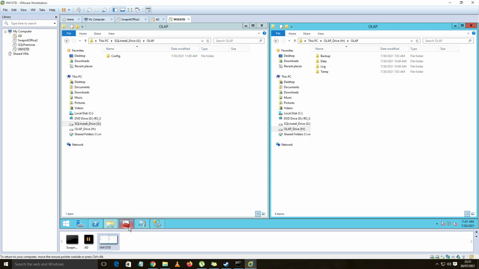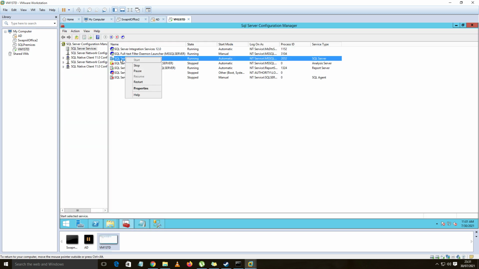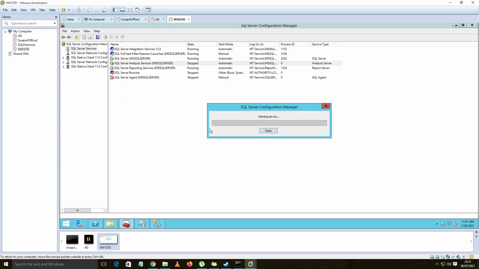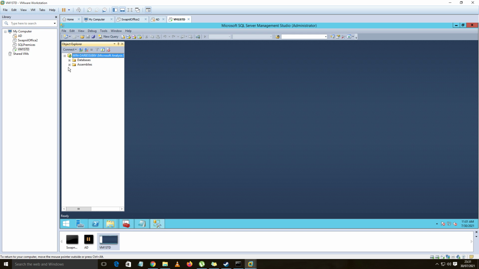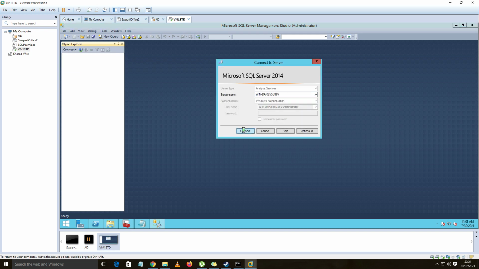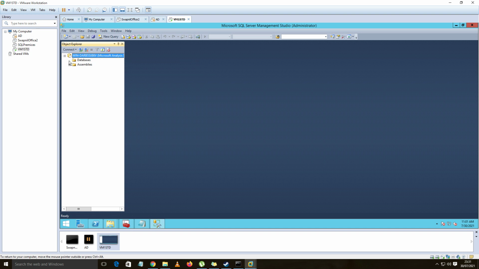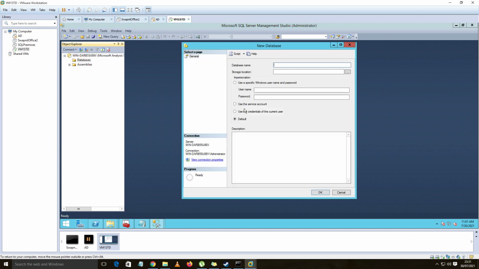Now let's bring the services online. Okay, it came online. Let me show you by reconnecting to it. Fine, it's connected. Now let's create an empty database, which is supposed to get created in the default directory itself. I'm not going to make any change.